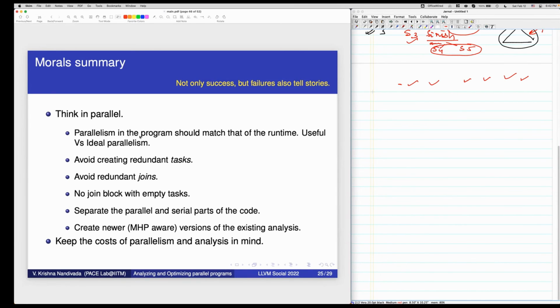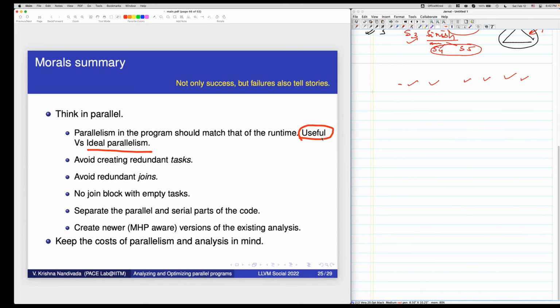When we want to think in parallel, we have to keep in mind that the logic can be parallel. You can create as many parallel tasks as the program logic could dictate. But that could be different from the runtime parallelism. So the ideal parallelism, which is given by the program logic, and the useful parallelism, probably dictated by the hardware and the runtime.